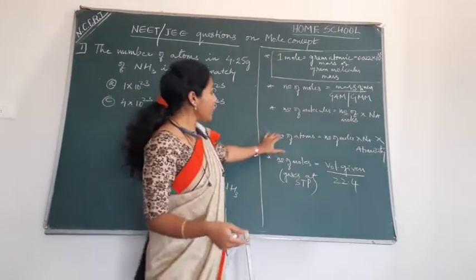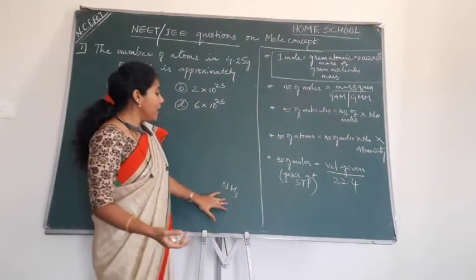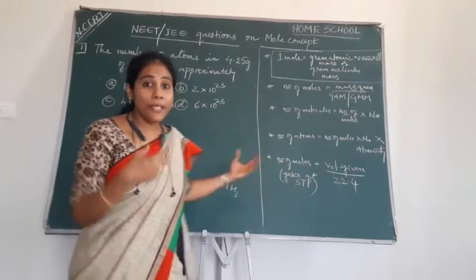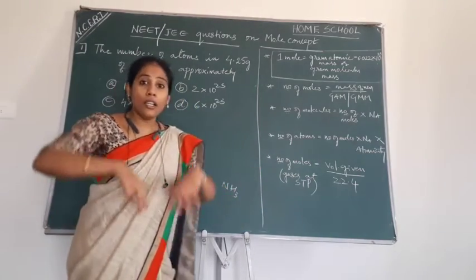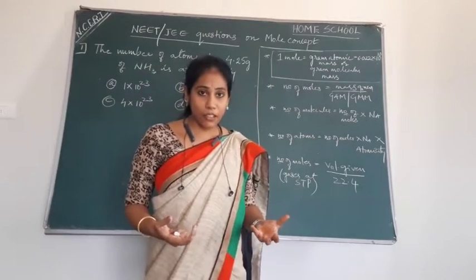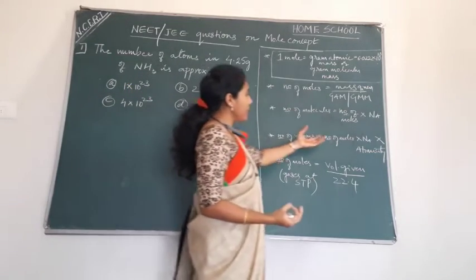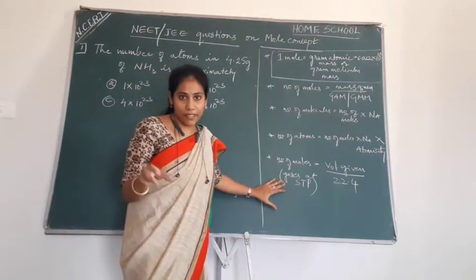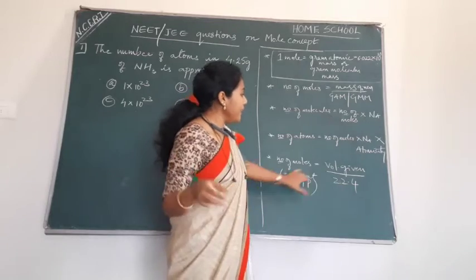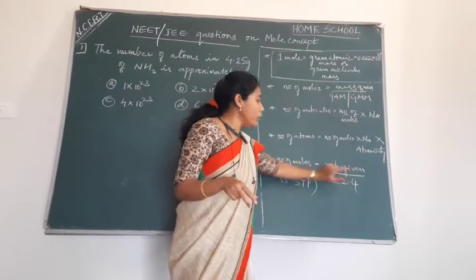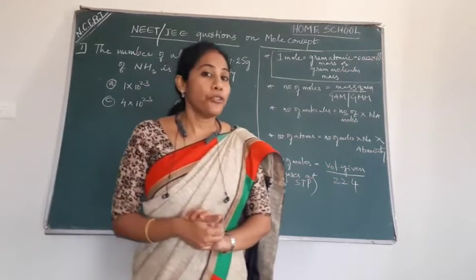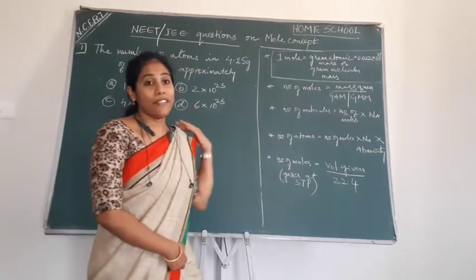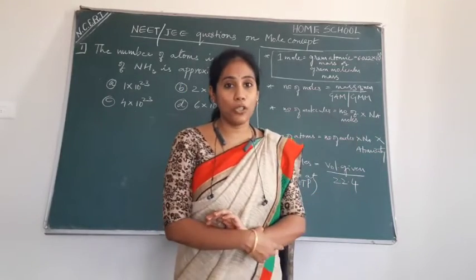When they ask you the number of atoms, they may ask how many hydrogen atoms are present in this much amount of ammonia, how many atoms of nitrogen are present, or all together how many atoms there are. For these kinds of questions, this formula can be helpful. And now if a gas is given and the conditions are at STP, then you will be using the molar volume. It's like volume given divided by 22.4 that you have to use. So these are the compulsory formulas and the idea that you should have in your mind before solving questions on the mole concept.